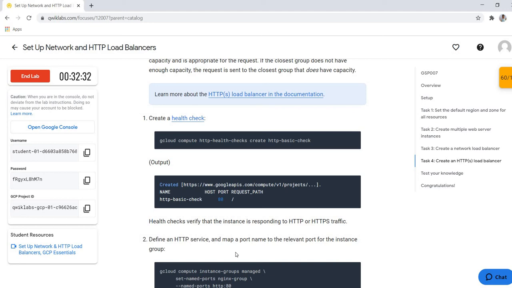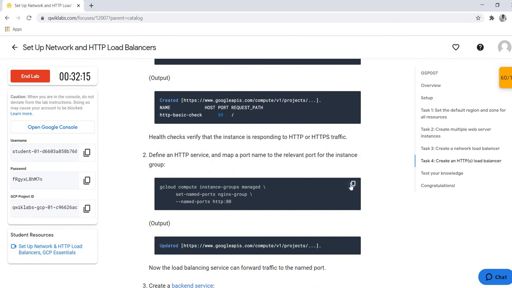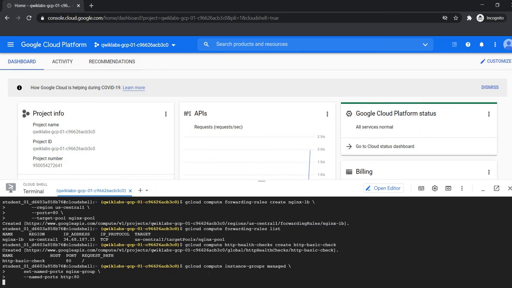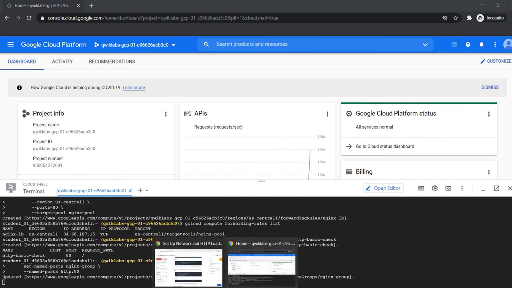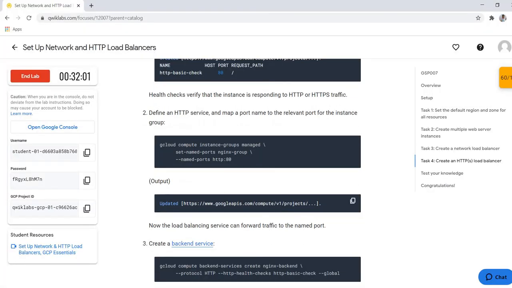If there is some issue with your web server which is created on your cloud, it is notified that one server is not working, so we can create a new one, so our website is always up and running. So it is a good practice to create one health check also.